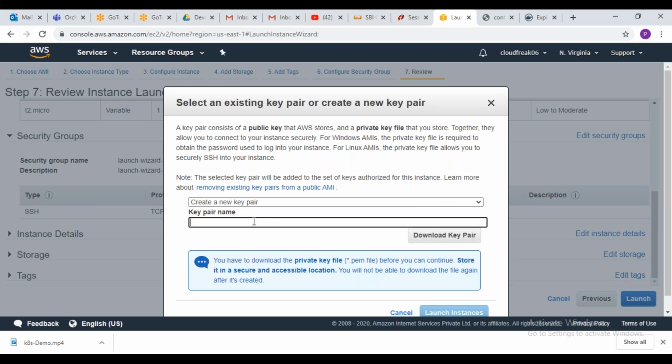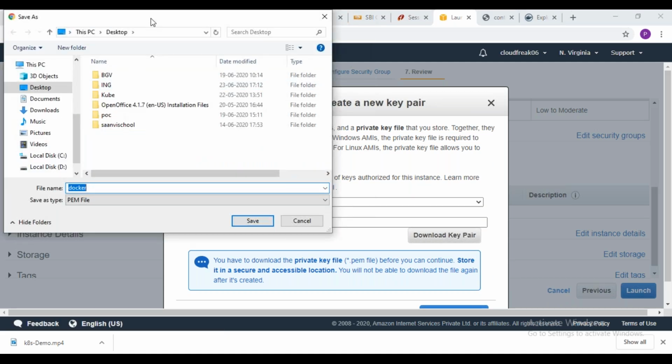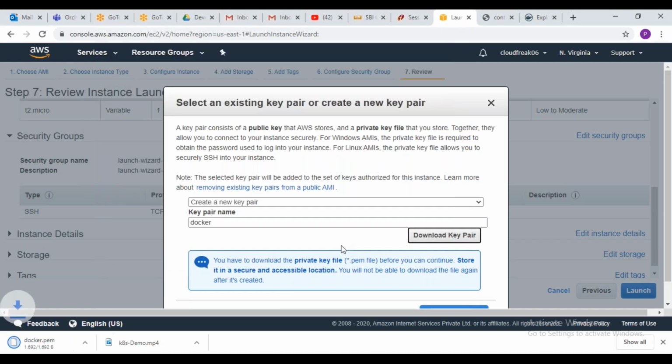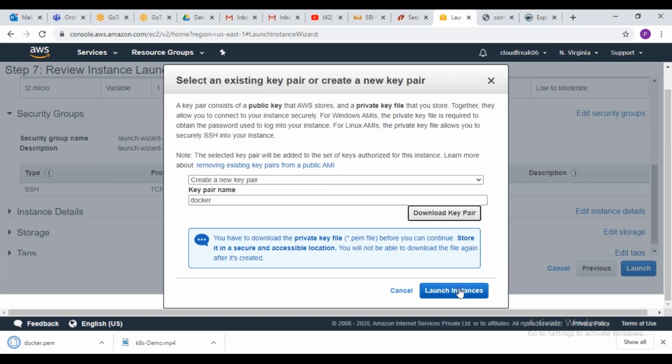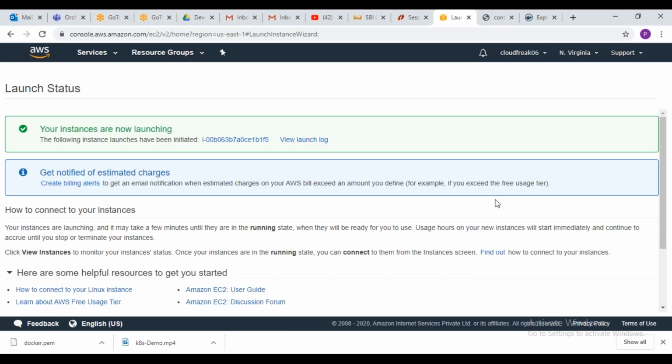Select create a new pair, give any name to your key and download. This is like public and private key authentication. The server contains the public key, and it will ask us to download the private key. So we'll save it and launch. Praveen, which image did you take? Amazon Linux? Amazon Linux, the second one.